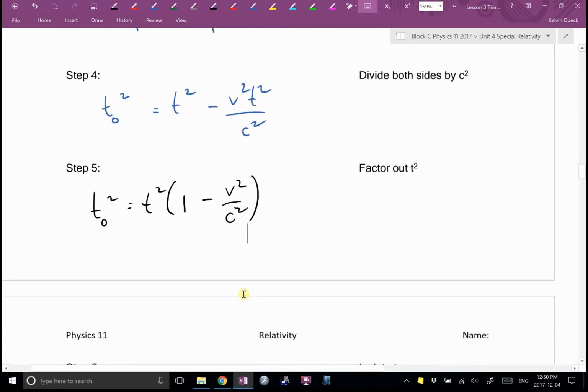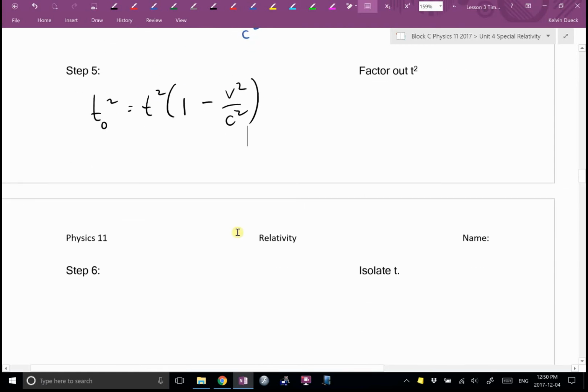Last thing we're going to do is get the letter T by itself. So you can all turn the page. I'll stay right here. Michael, see the T? What's this big ugly bracket doing to the T? Adding, subtracting, multiplying, or dividing? Multiplying. So how will I move that big ugly bracket over? I want to get the T squared by itself. What's this big ugly bracket doing to the T?